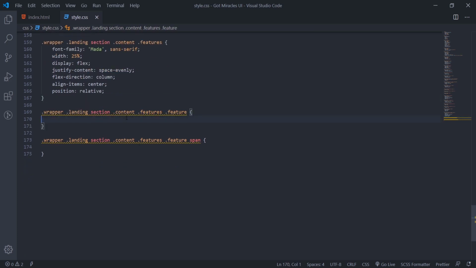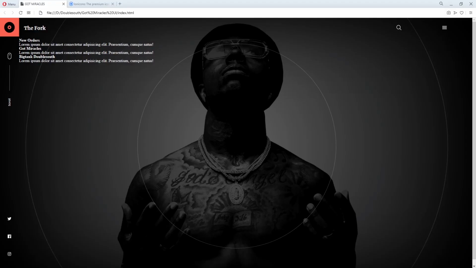Then we'll comment the feature here. So this feature now, before I'm going to just see the filter will get here. Okay.